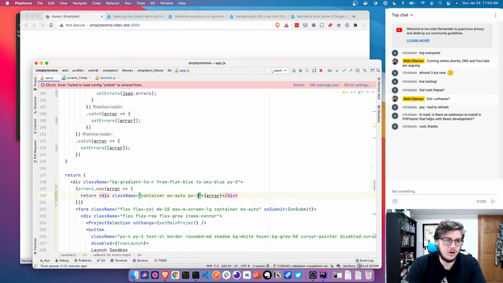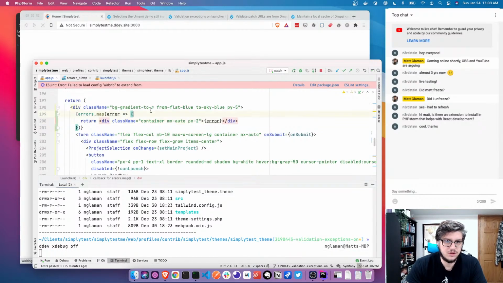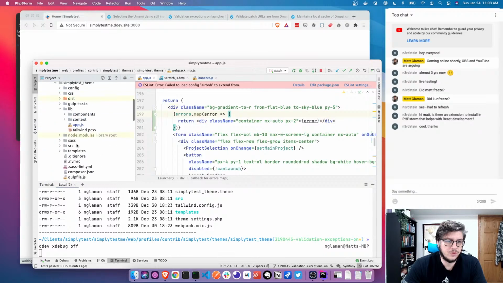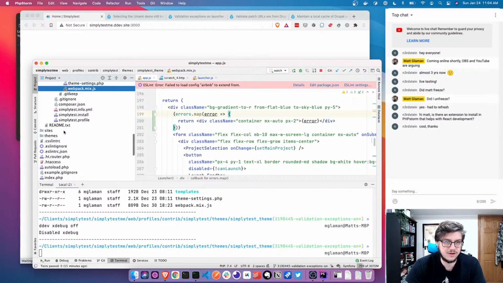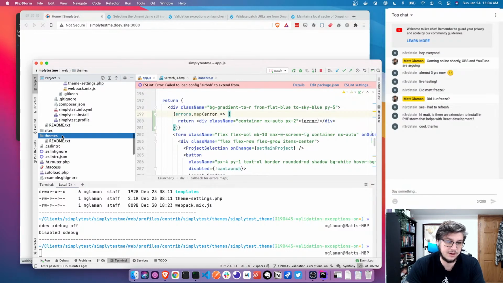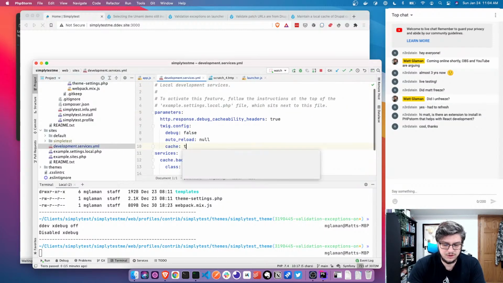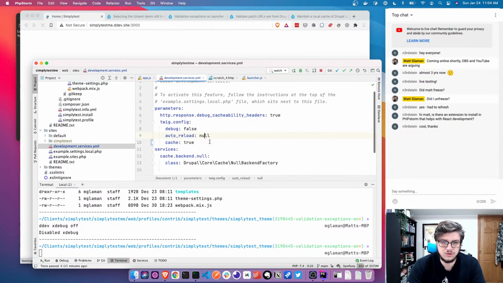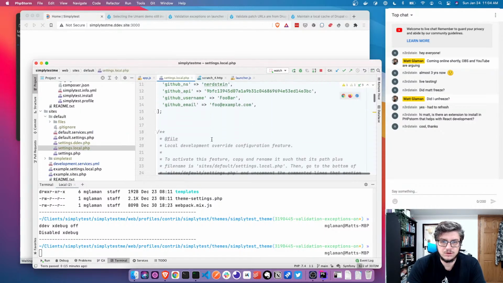It is taking a little bit longer to load because I have all of Drupal's caching turned off and xdebug on. So you know what? Let's go ahead and do ddev xdebug off. And the reason I turned off all of Drupal's caching and Twig cache is so that way when I modified Twig templates, it reloaded and you see it instantly. But we're not dealing with any of that right now. So let's turn that to true. So cache true. And inside settings.local,